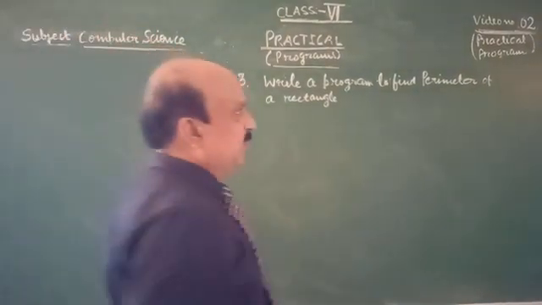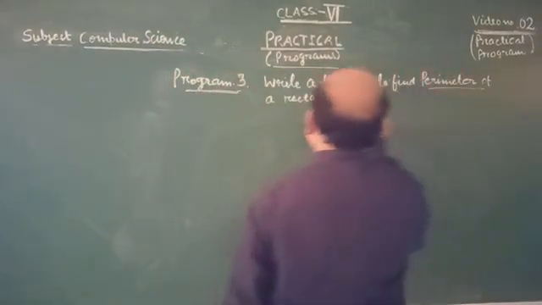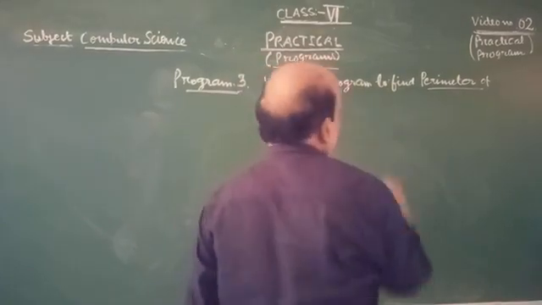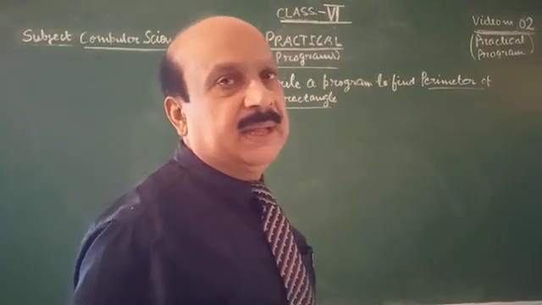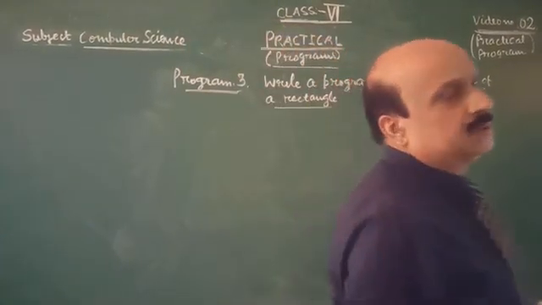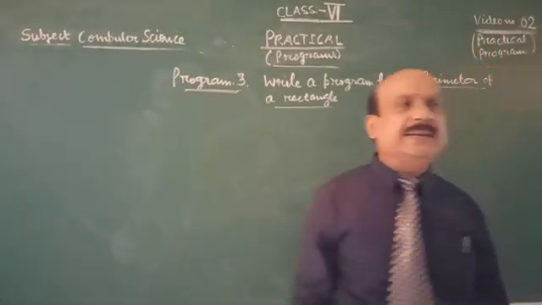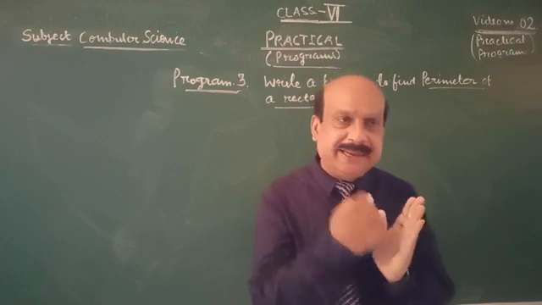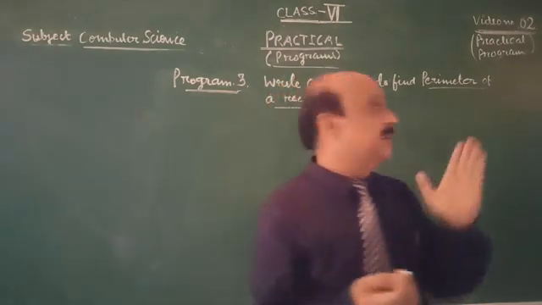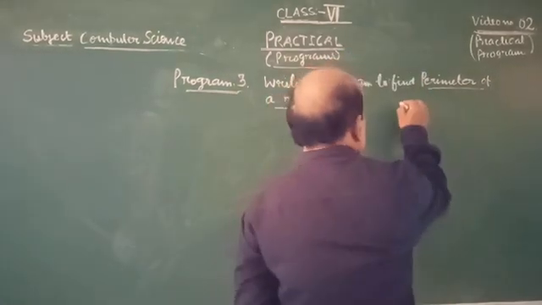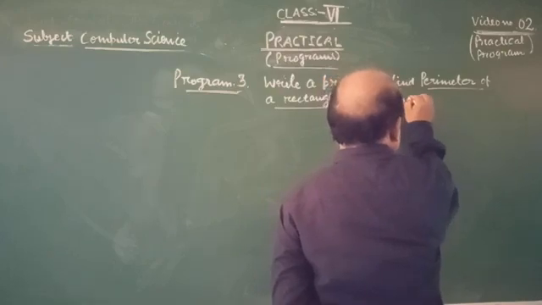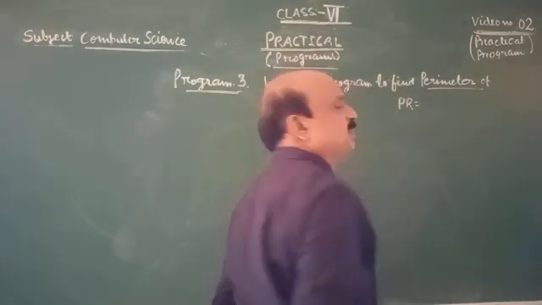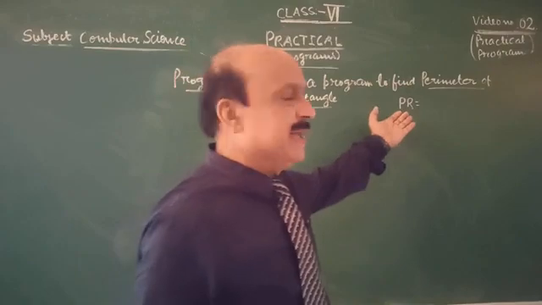So here you have to find the perimeter of a rectangle. You must know the formula for how you can find it. In the previous video you read that to find the area of a rectangle you used A equal to L into B, L indicating the length, B indicating the width. So here is the formula. Perimeter of a rectangle is found using PR. Perimeter of rectangle.